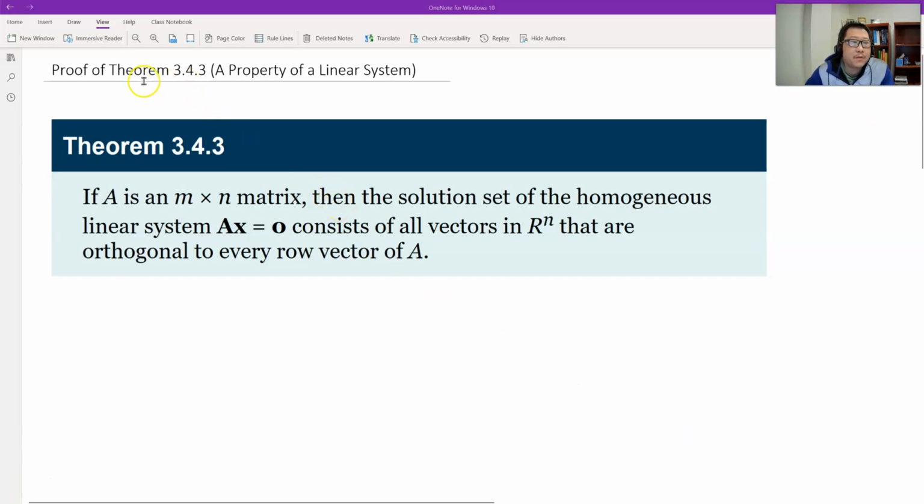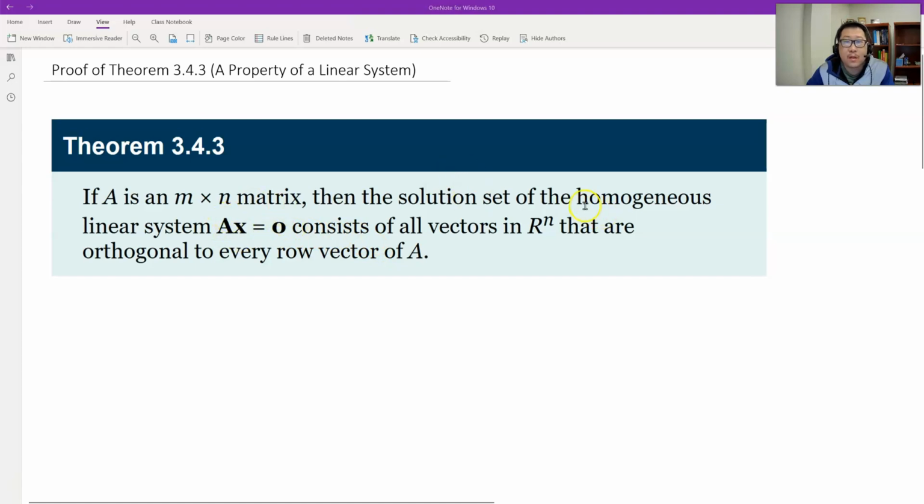In this video, let's prove Theorem 3.4.3, which is a property of a homogeneous linear system. The homogeneous linear system is Ax equals 0, where A is the coefficient matrix. Suppose the size of the matrix is m by n. Therefore, we should have m equations and n unknowns. So we can set up, and then the result says